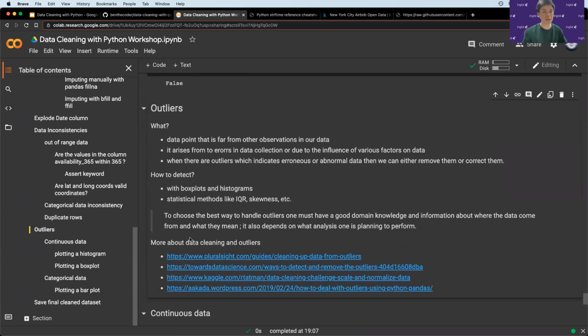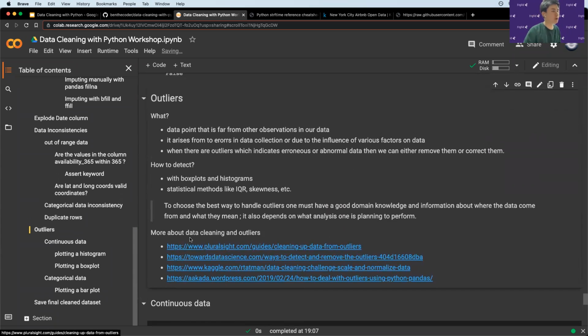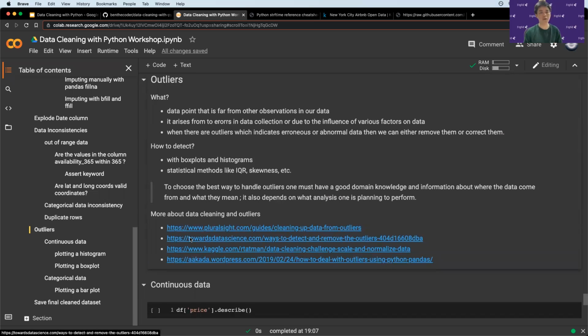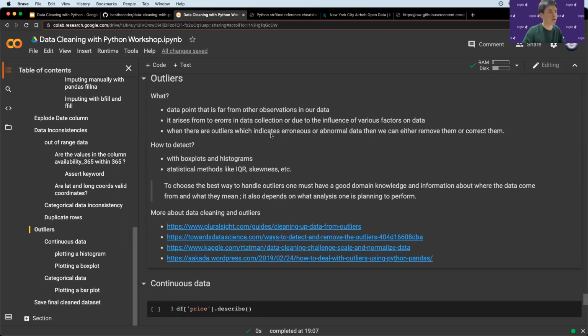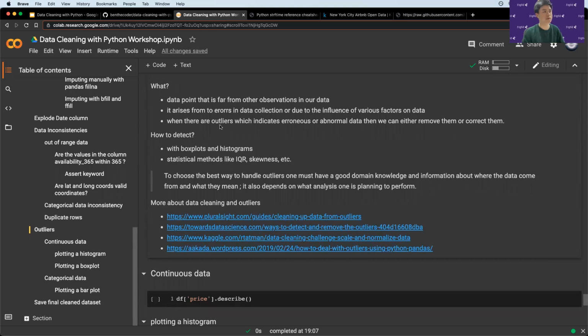Now we're moving on into the last section, which is outliers. So what are outliers? Outliers are basically data points that are far away from other observations in our data. They usually arise from errors in our data collection, or it could even be due to some relationships between a few columns in our data. So it might be inherent to the data itself, and it could be valuable information. So there are two things. Either these outliers are bad and you have to remove them because they're errors from data collection, or they're actually useful to us and